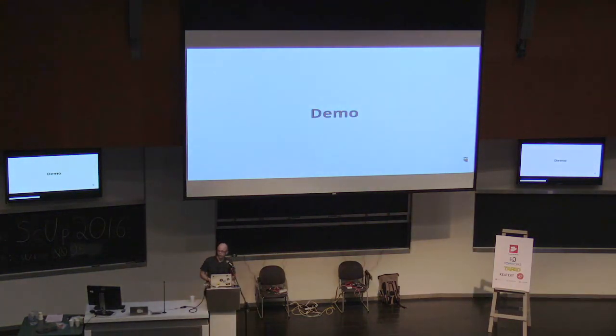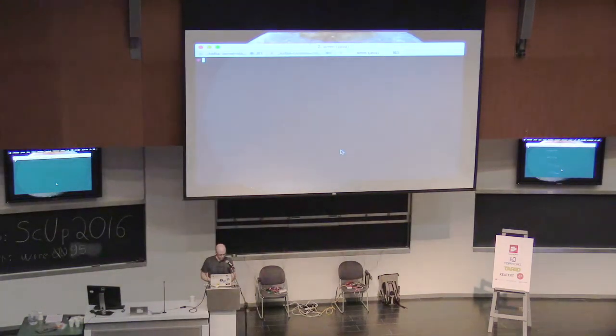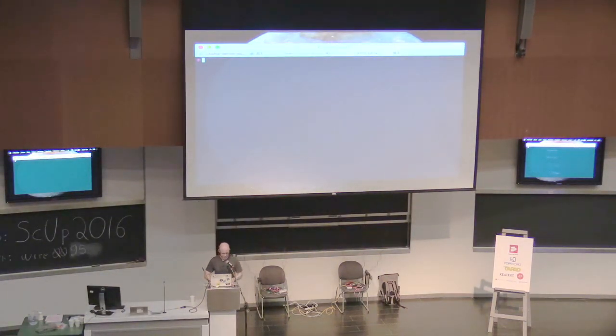So I'm going to show you a quick demo, hopefully it works, of how easy it is to use. Okay, so I'm going to use Ammonite REPL, which is a nicer REPL than the Scala REPL.